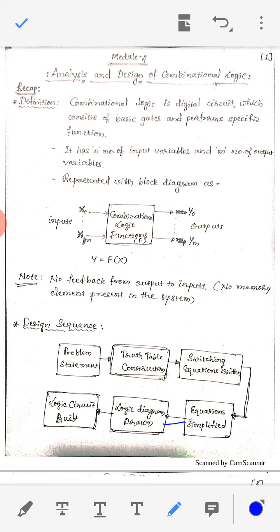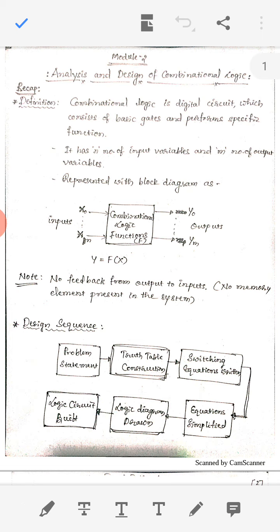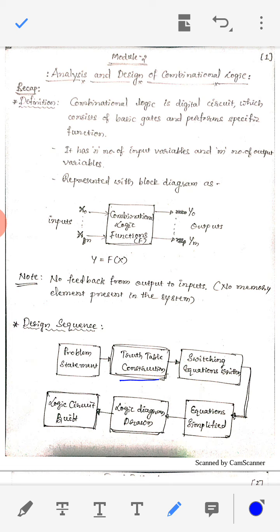After simplification, then the block diagram. Okay, so like whatever we are seeing now, we need to write the block diagram. So how many blocks are used for this design, then each individual block we need to replace with the design or the logic circuit by using the basic gates. So this is the flow of the combinational logic design, means the general design: problem statement, truth table, means convert the statement into the behavioral or truth table, then convert the truth table into equations, simplify equations, block diagram, and logic circuit.